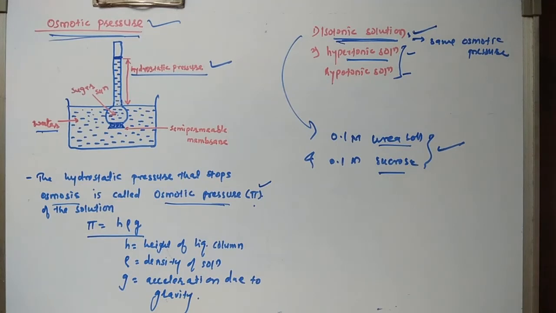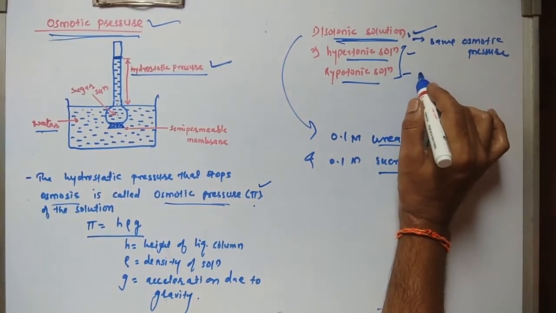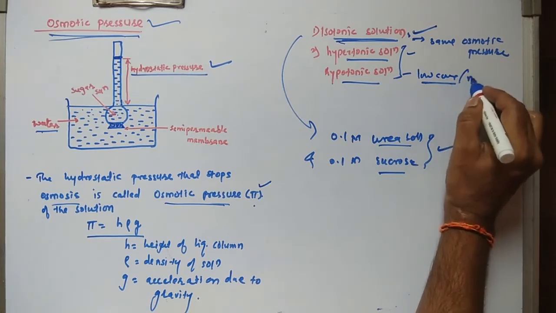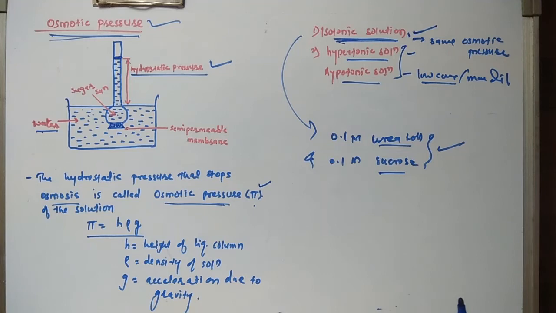That is, the solution having more concentration and higher osmotic pressure is hypertonic, and the other, with low concentration or more dilute, having lower osmotic pressure, is called the hypotonic solution. Okay,